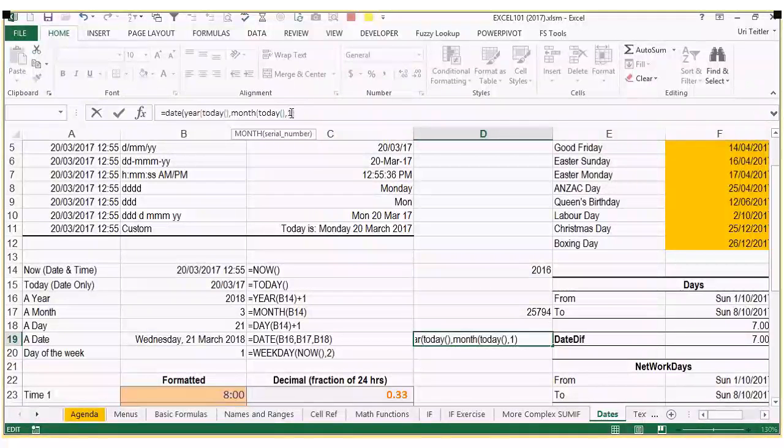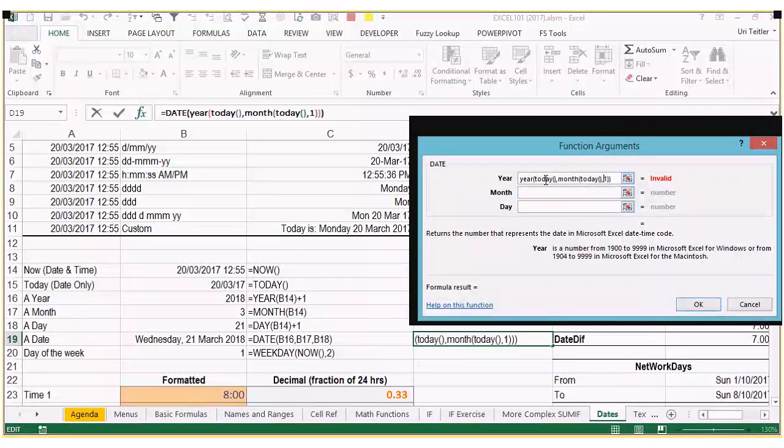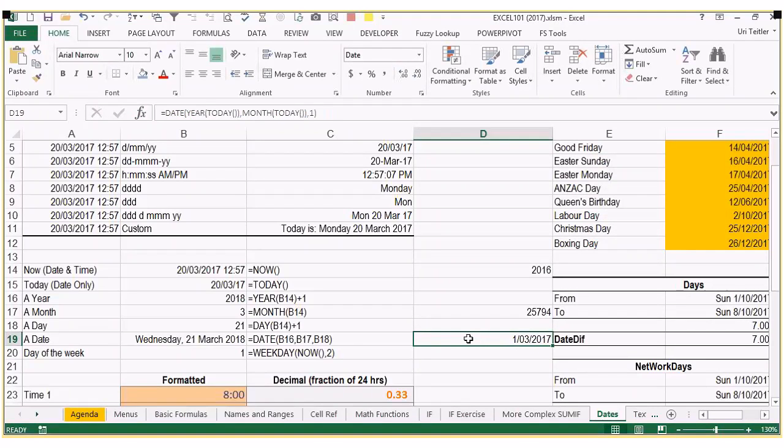Oops, year, month, I missed a parenthesis, days. This is why sometimes I screw up. So that's the beginning of this month, right? So